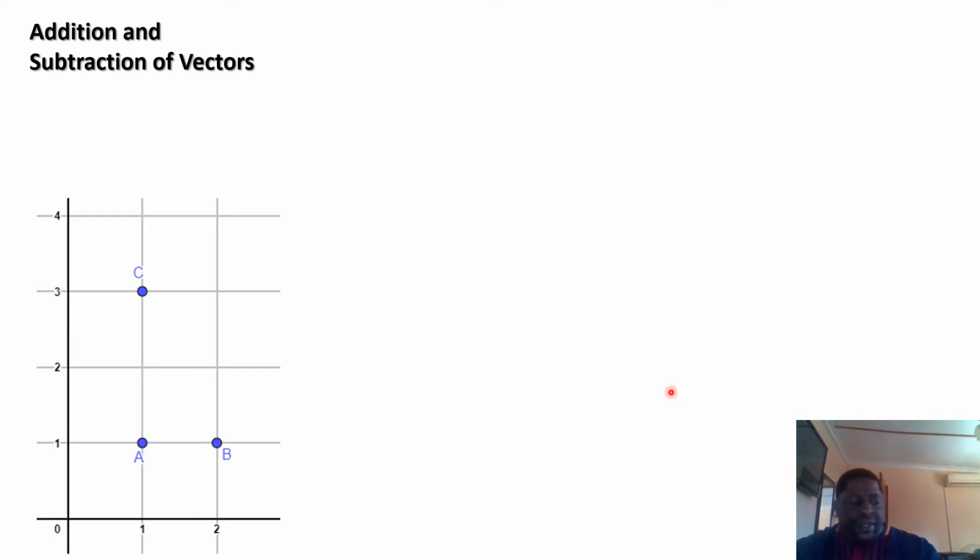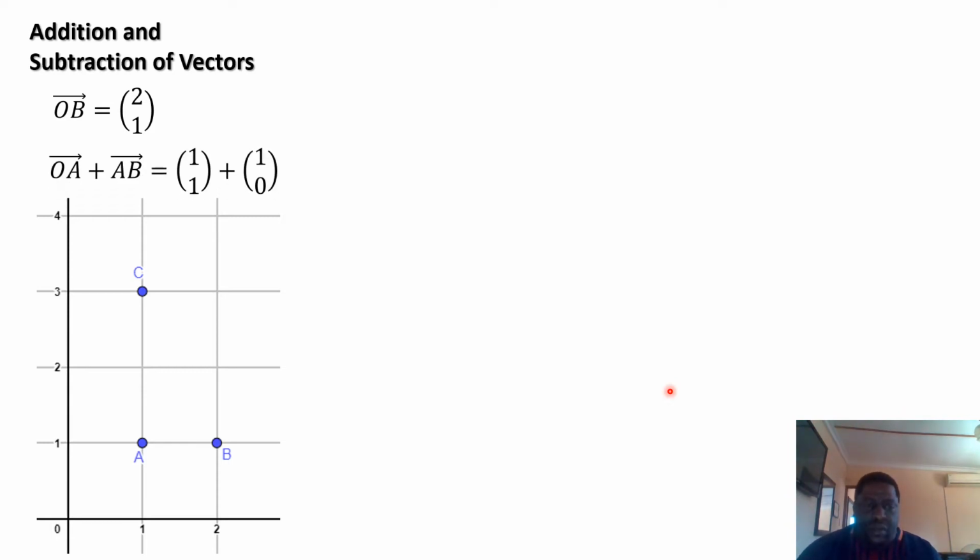So if you look at your addition, you have, let's say, vector OB, which is 2, 1. We are going to add OA plus AB. All right. So if you add those vectors, OA plus AB, OA is 1, 1, and AB is nothing but